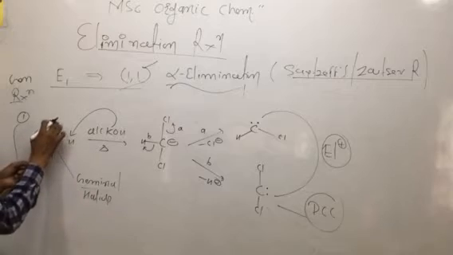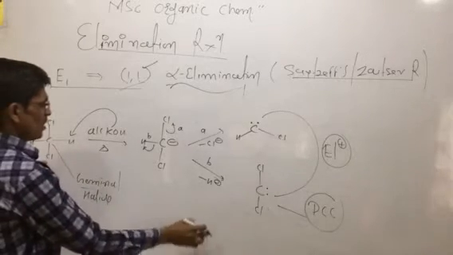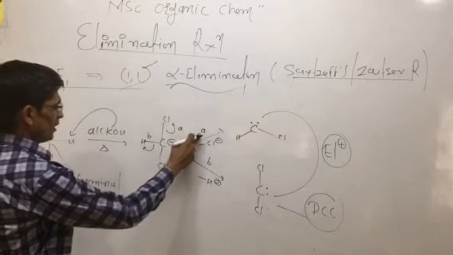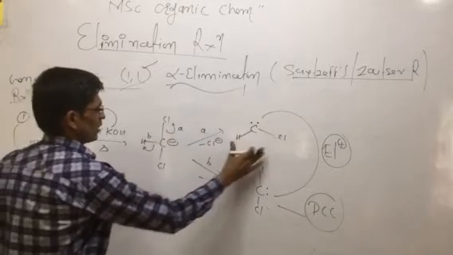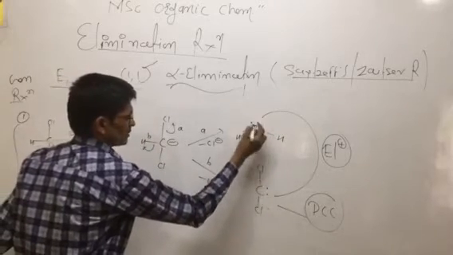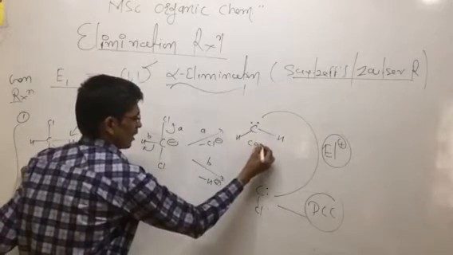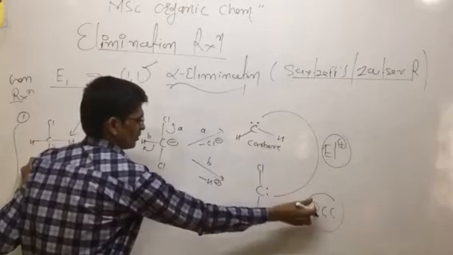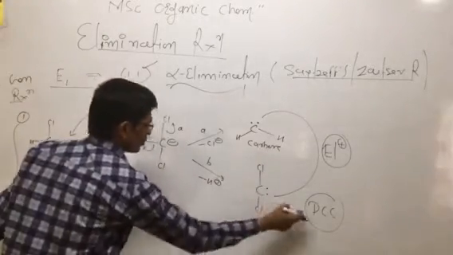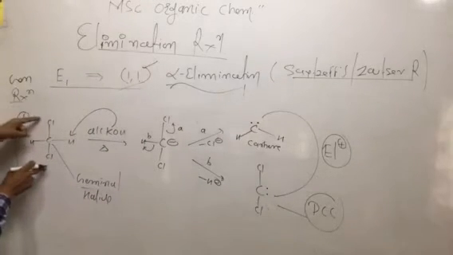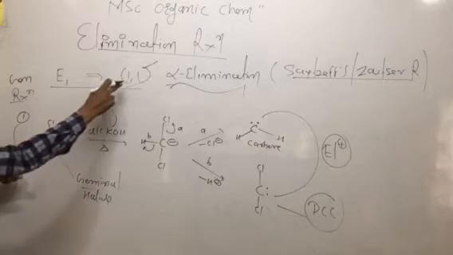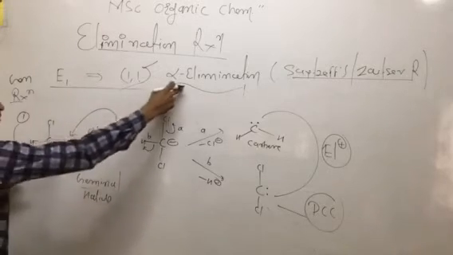When we lose the two chlorine atoms, then formation of what? Here from A, this loses chlorine, and here there is formation of these hydrogen atoms. This is known as the carbene, and this is known as the dichlorocarbene. On the same carbon atom, we lose two atoms or groups of atoms. That's why we call this 1-1 elimination or alpha elimination.